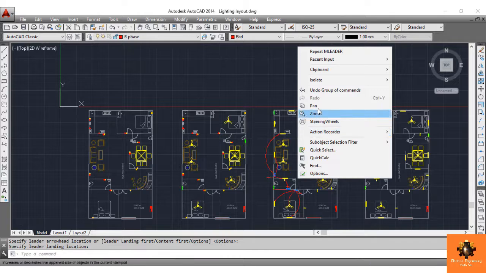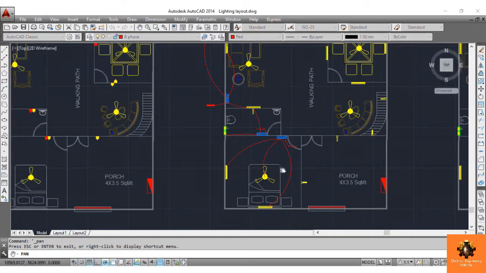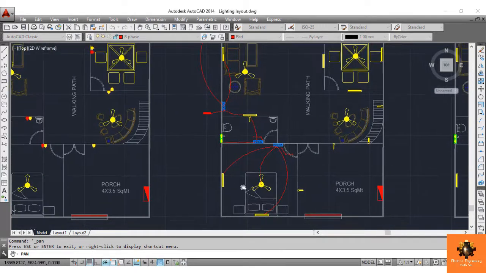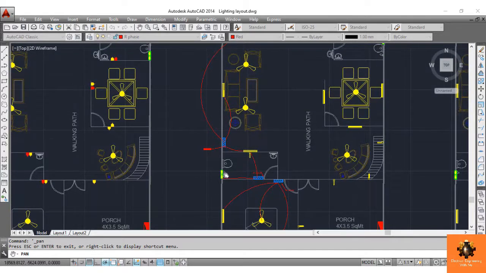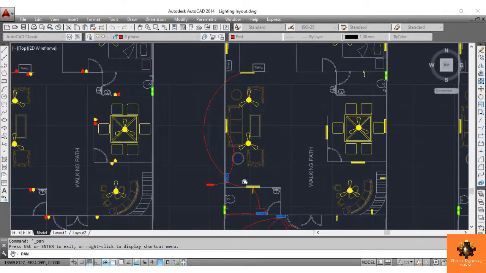Now we have covered all the lighting loads for our circuit R1: 2 fluorescent lamps and 1 ceiling fan of this bedroom, 1 CFL and 1 exhaust fan of this bathroom, and 3 fluorescent lamps of the living room.